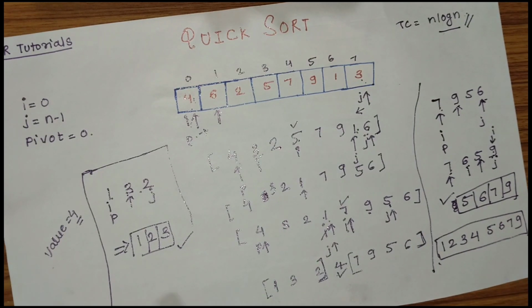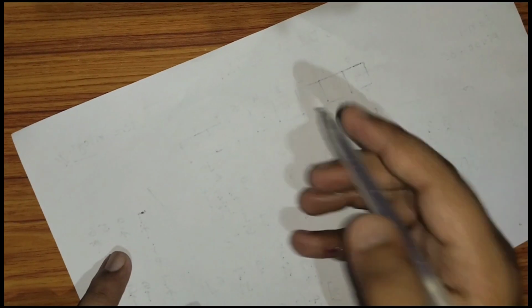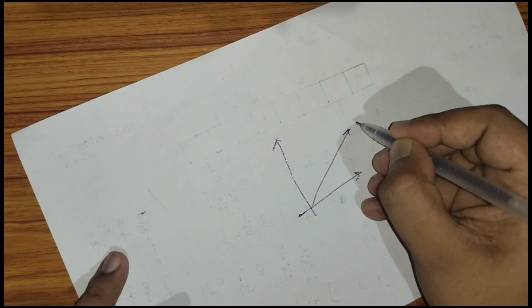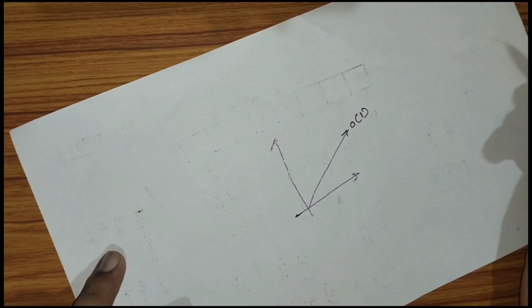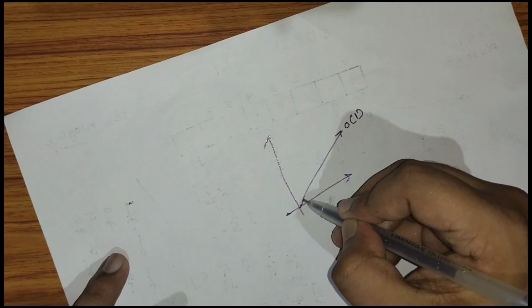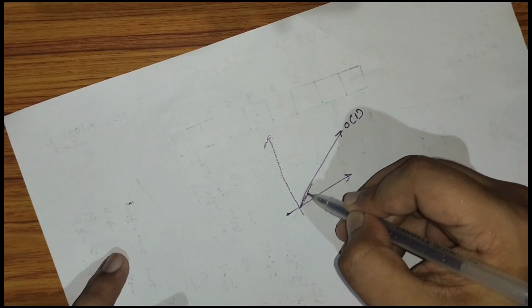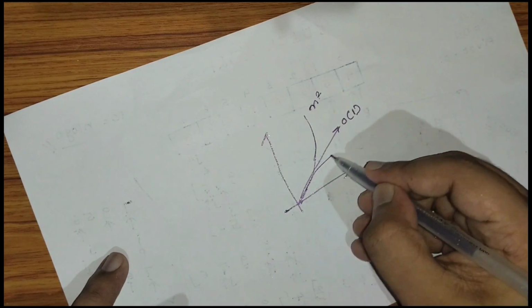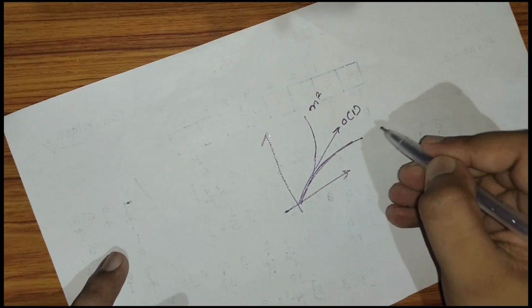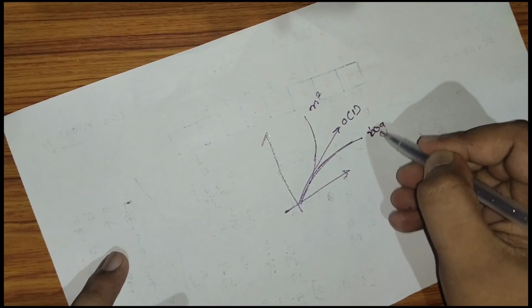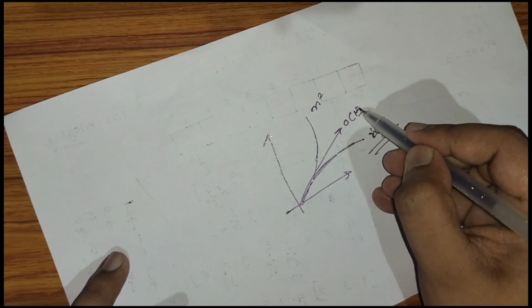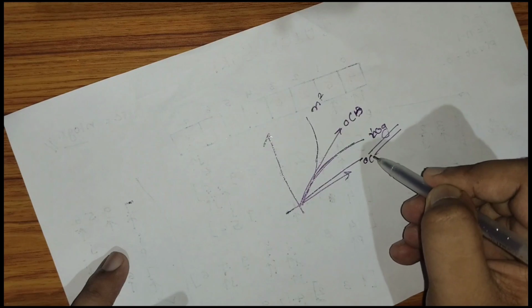Let's talk about the complexities. I really wanted to cover this topic. Now this is the chart. Always remember that the complexities go in order: O(1) constant, then logarithmic, then O(n), then n log n, then n square, and exponential. Sorry, this is n and this is 1, O(1).